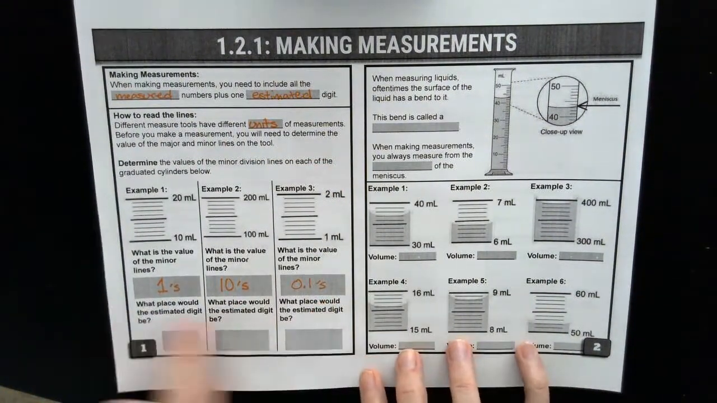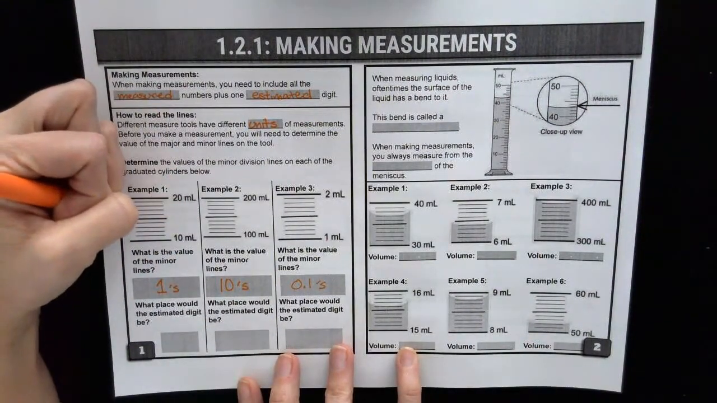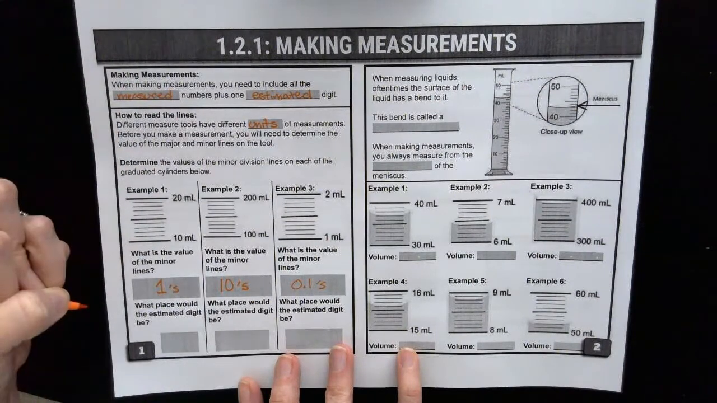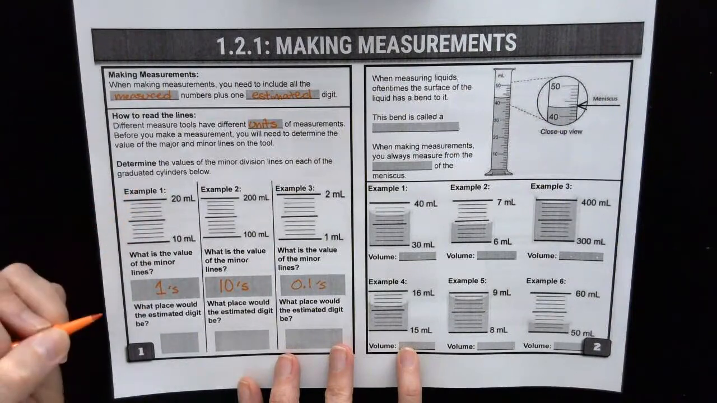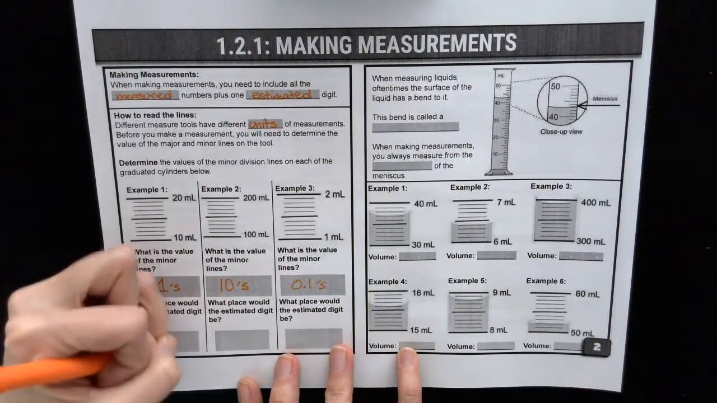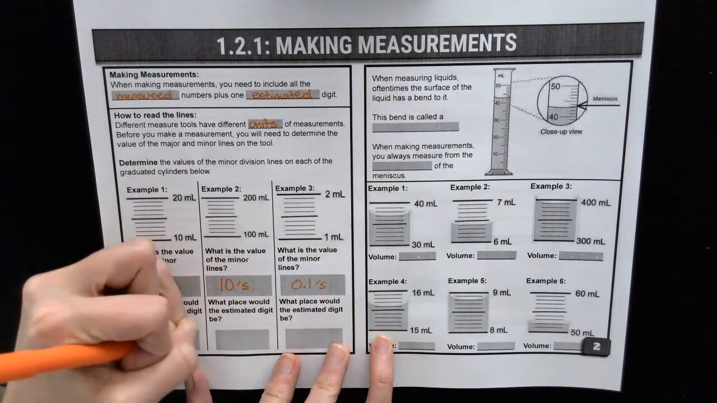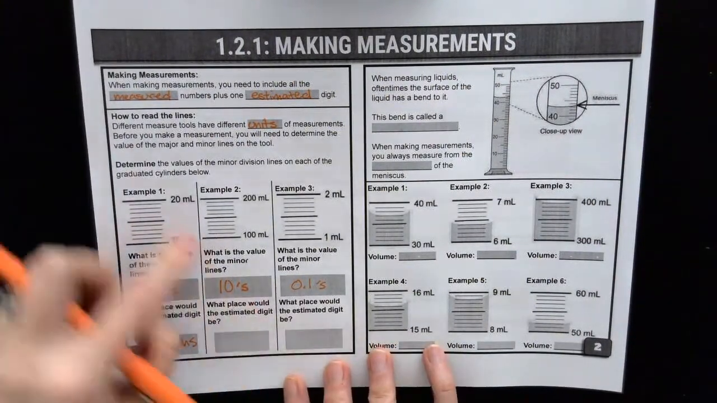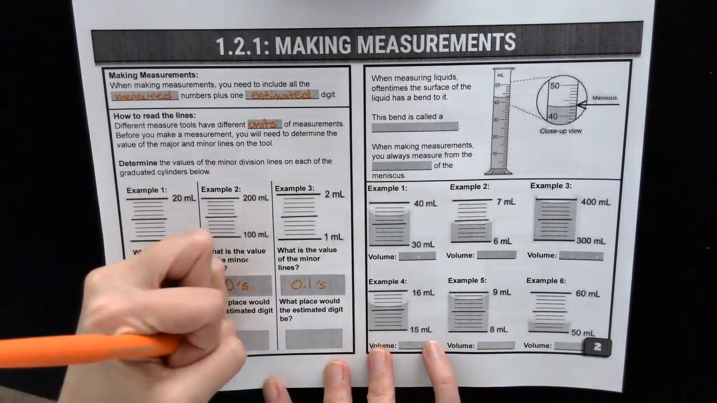So then it said, what would be the estimated? So what we would look at is what would be the values in between these lines. So if this is 15, this is 16 in terms of our measurement. So we would be able to know the ones place for certain. So we're going to be estimating in the tenths place. Here we know our tens place with certainty, so it's going to be the ones place where we're going to